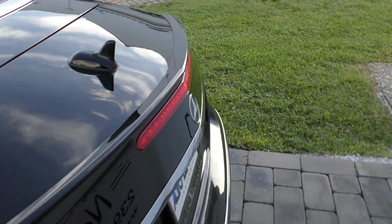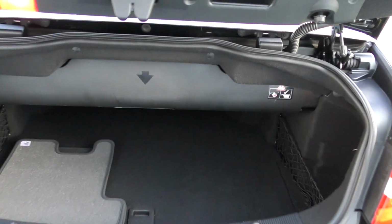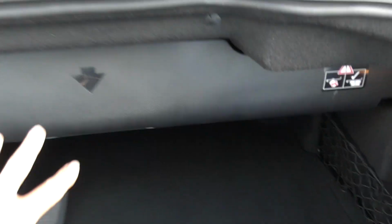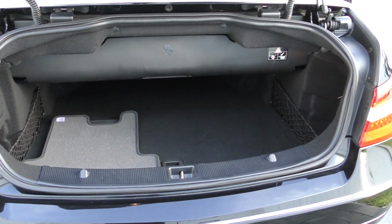Sport package, you get this little lip spoiler, which is quite nice. This also is keyless go, so you don't really need to use the keys. Okay, back here you've got pretty good room for what you need. Now this is with the top down. With the top up, you can reclaim all this space right here, and it becomes a pretty damn useful